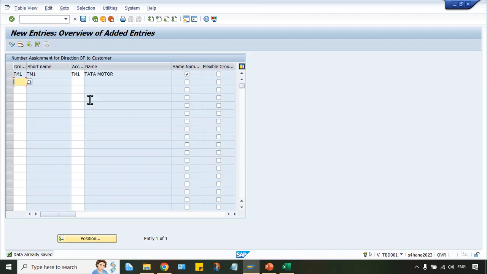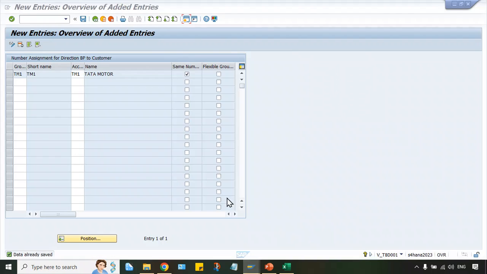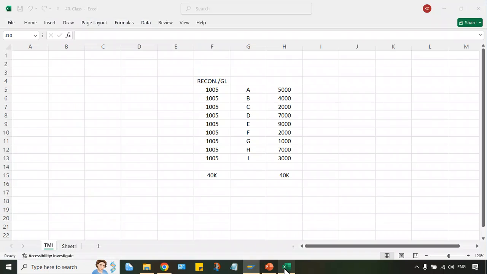This setting is done. What is the logic behind this setting, guys? Look here, same number, I have applied a check mark. Generally, when we create a business partner, this is our BP number.